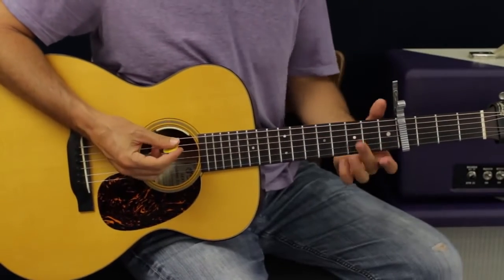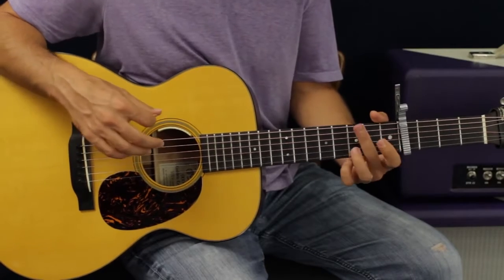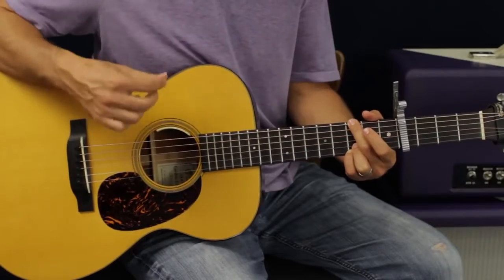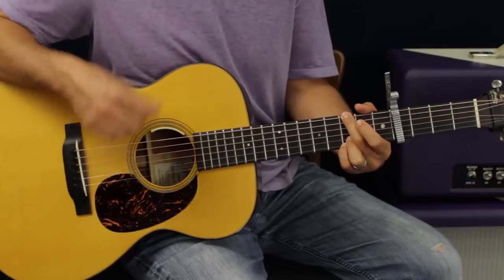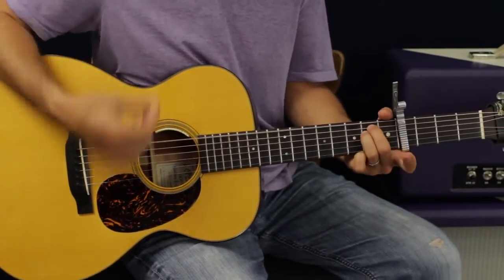Okay, now what we would do is once we pick this D7 chord for the first time, then we're going to do this. So it's down, down, up, down. 4 times, okay? Then we're going to go to E minor, 2, 3,